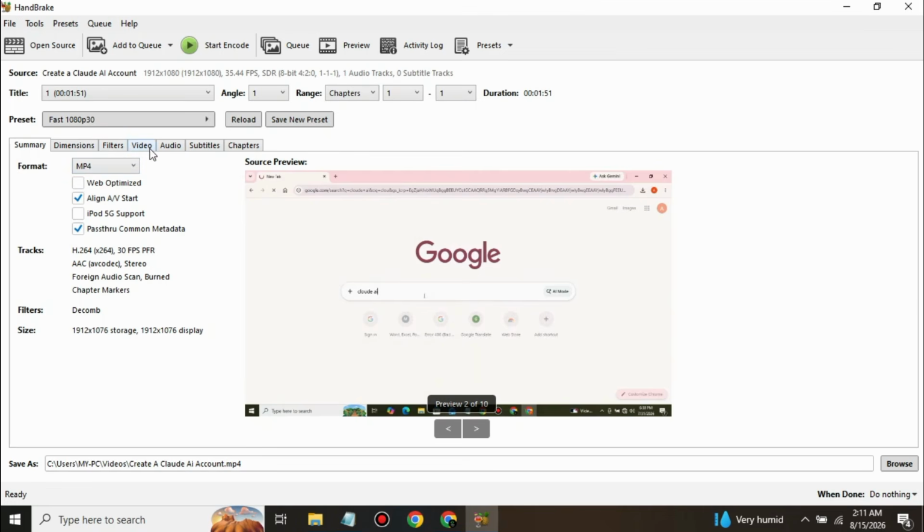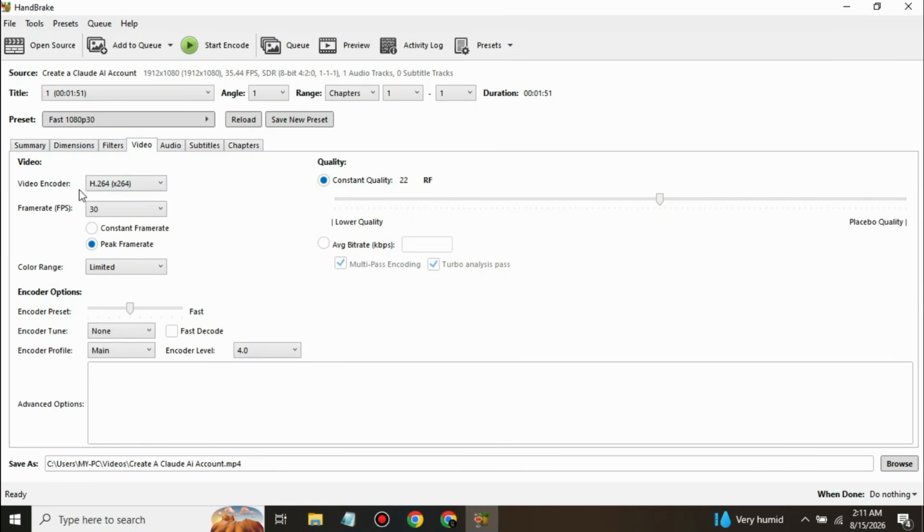Now open the Video tab and find the Video Encoder option. Select an H.265 or HEVC encoder available in your version of HandBrake. H.265 can provide smaller files at similar visual quality compared with older codecs, although encoding can take longer depending on